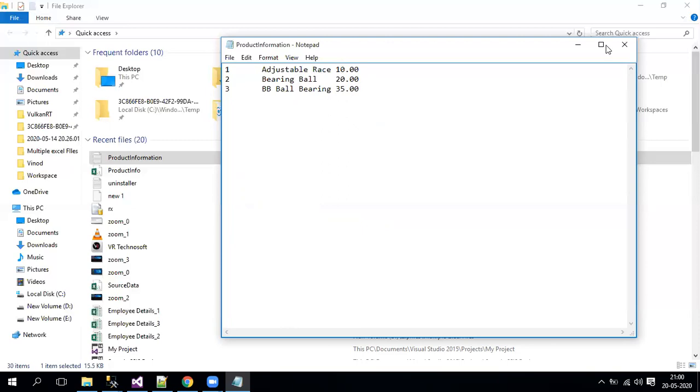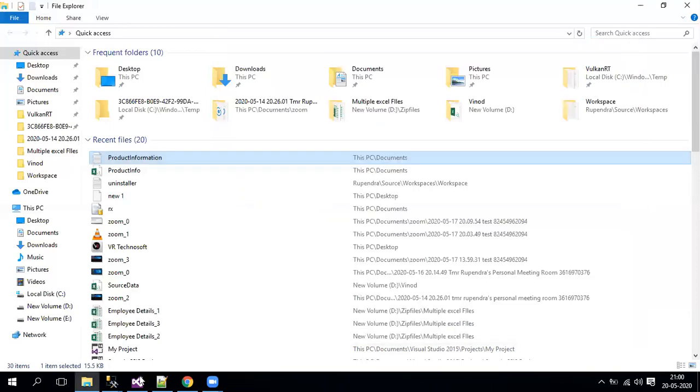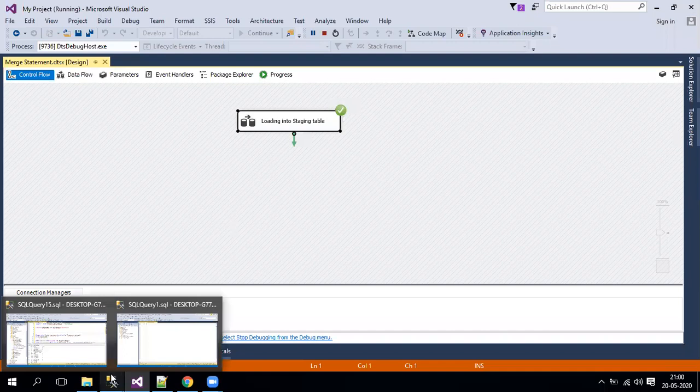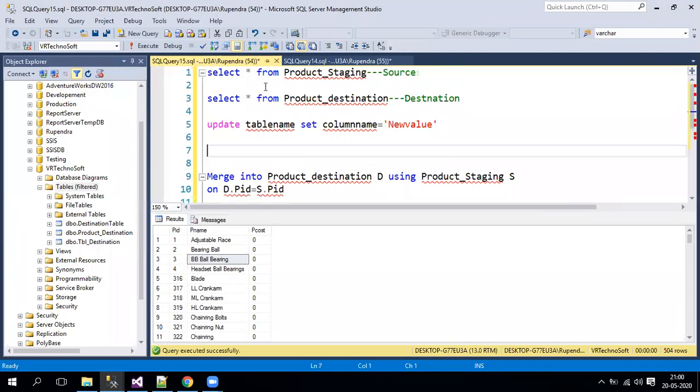When you run this once again, what you need to do is truncate this particular staging table, because otherwise there would be duplications in the staging area. So let me truncate, and we'll reinsert it, or we can delete from the table name.